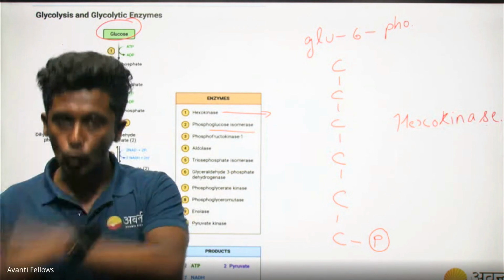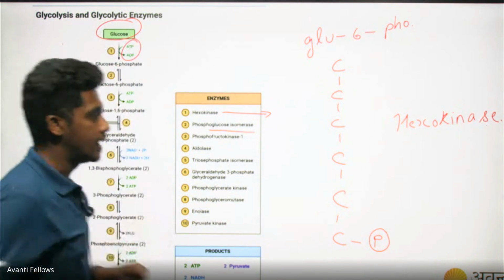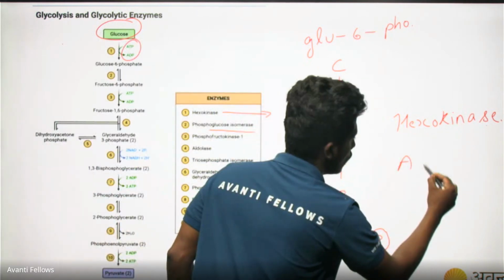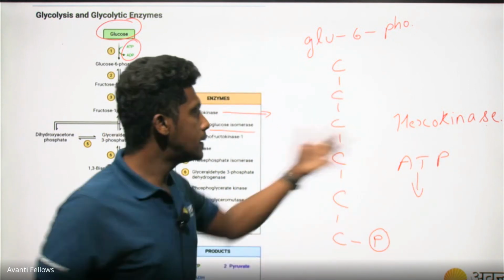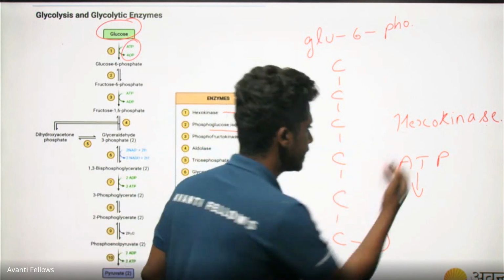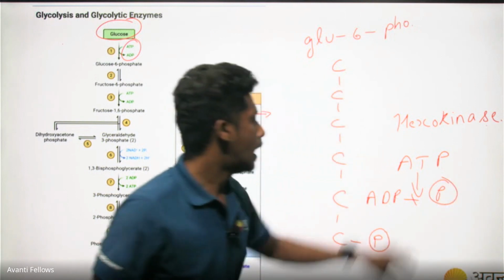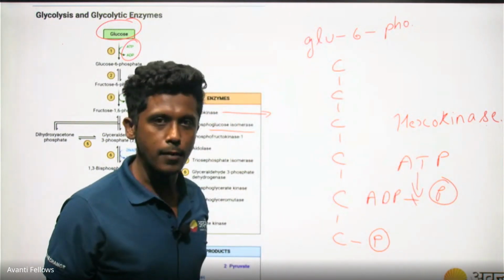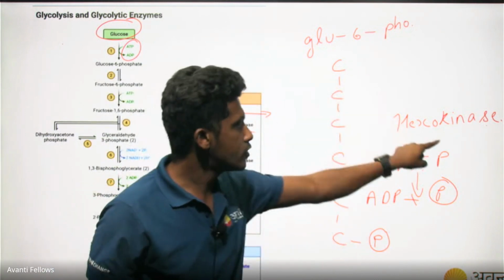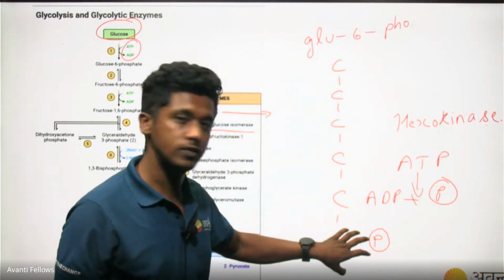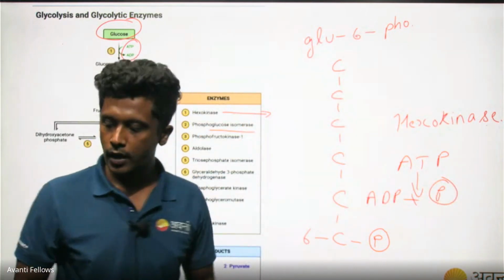Glucose was converted into glucose 6 phosphate by addition of a phosphate molecule by investing an ATP molecule. So what did we do? We invested an ATP molecule. What hexokinase does is break this ATP down into ADP plus phosphate, and that is how the glucose gets the phosphate. You understand my point? So glucose got the phosphate by the investment of one ATP molecule in the presence of hexokinase, and then this phosphate comes and attaches to the sixth carbon atom. Thereby, glucose becomes glucose 6 phosphate. Done.